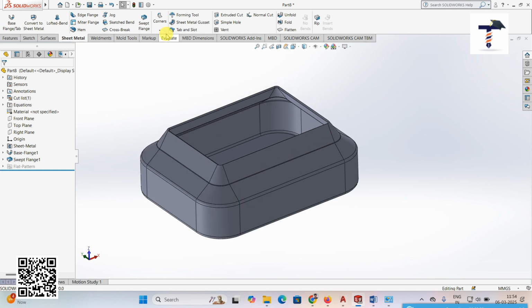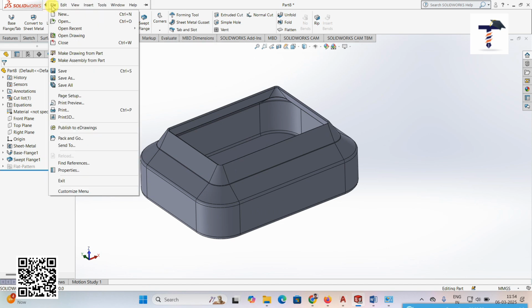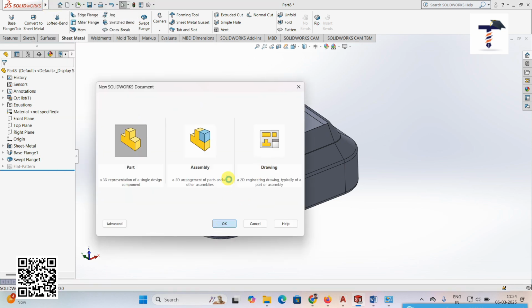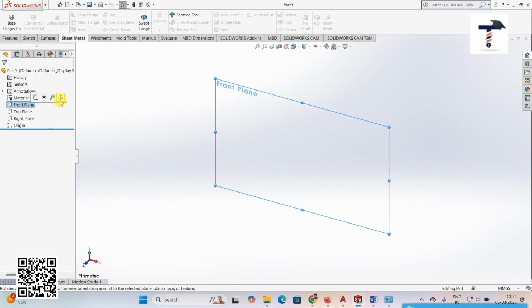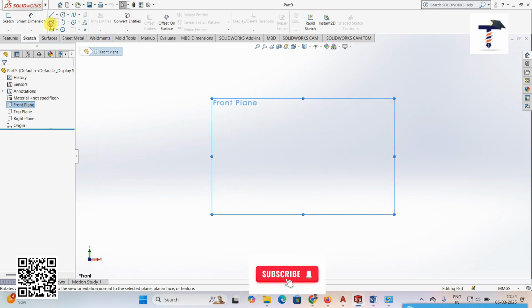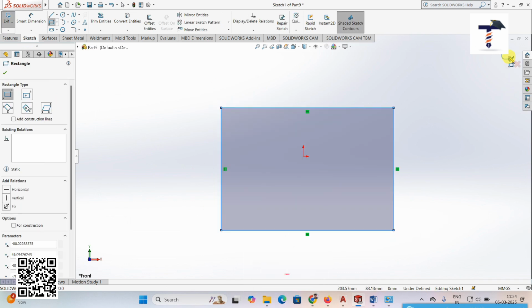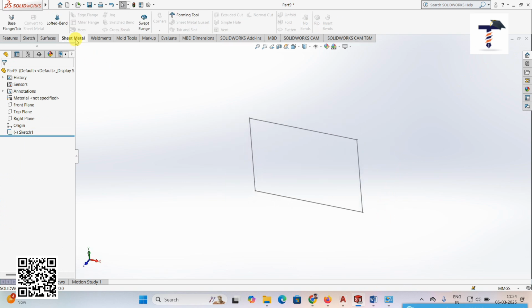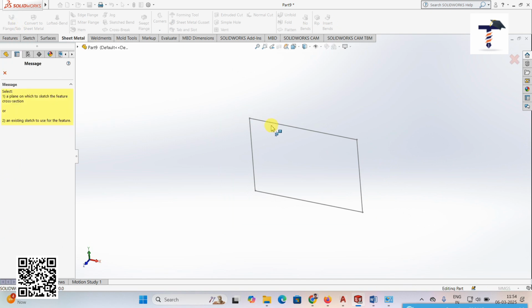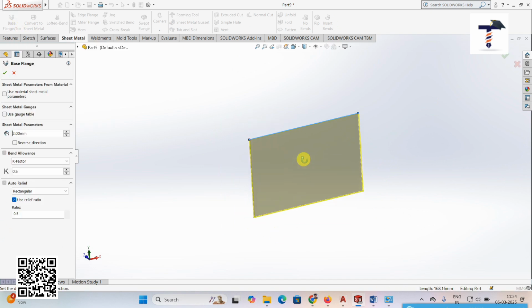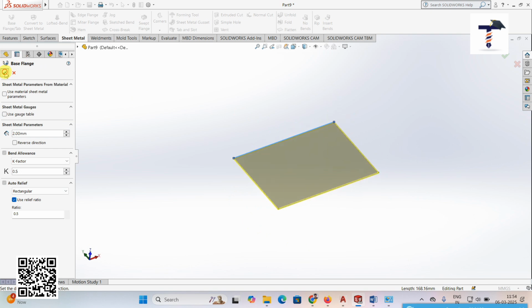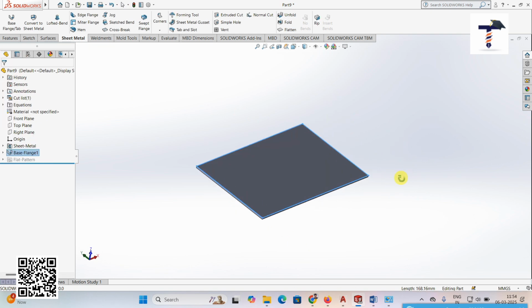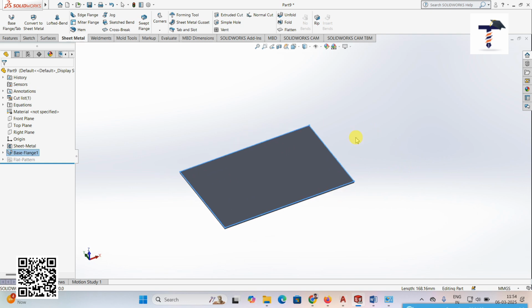Okay, next one is corner. Okay, so suppose create here new page. Now create one sketch here, suppose rectangle, and then go to the exit. Okay, exit option, and then here sheet metal base flange. Suppose select here. So now this one is created base flange here, and then write it. Okay, so that is the base flange option. Now we can create closed corner here. So for closed corner we can create here,